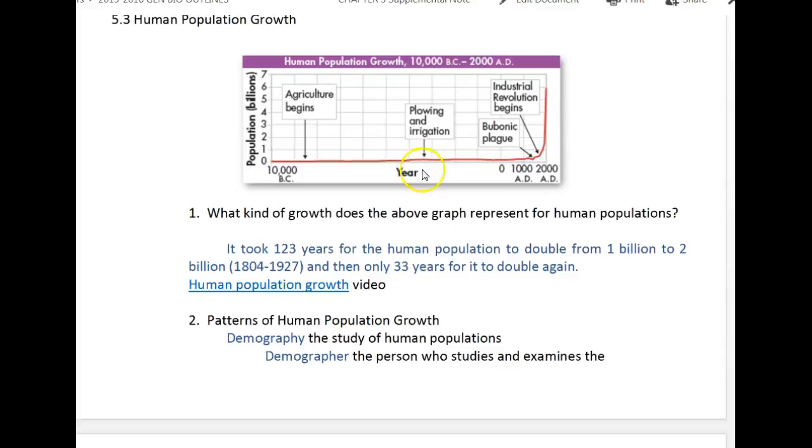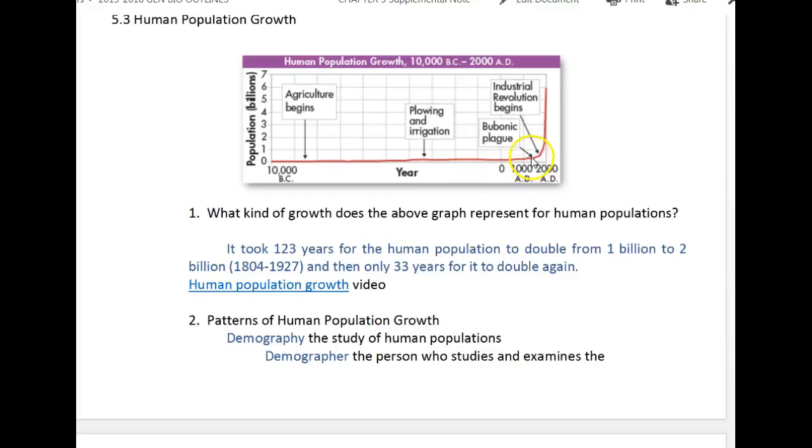So take a look at this curve. What does it represent? Exponential or logistic? I'm hoping you're all saying exponential, Mrs. Saunders, and you're right, that's exponential because it's a J-shaped curve and the resources appear to be unlimited. Well, scientists are predicting that by the year 2050 we might reach our carrying capacity, and this might take a logistic S-shaped curve where we start to level off and even decline.